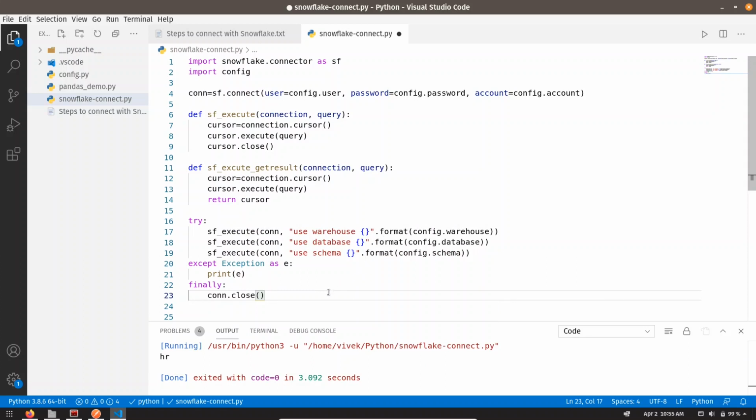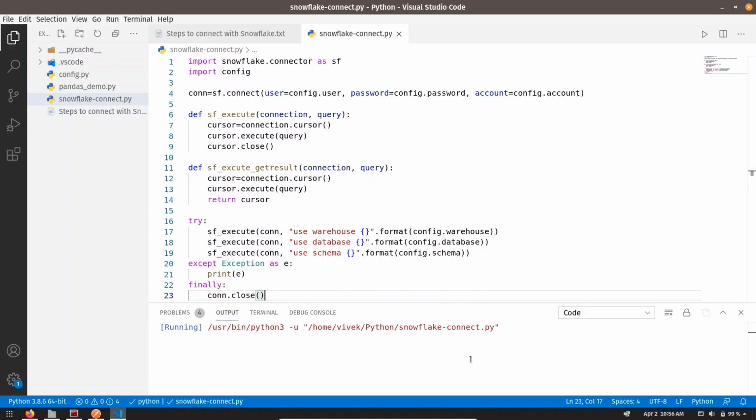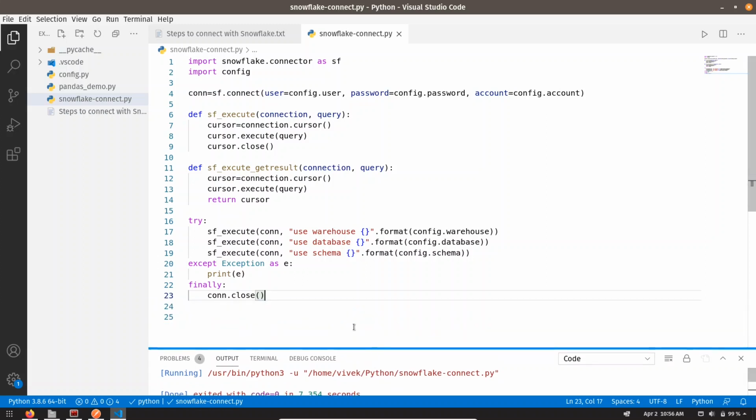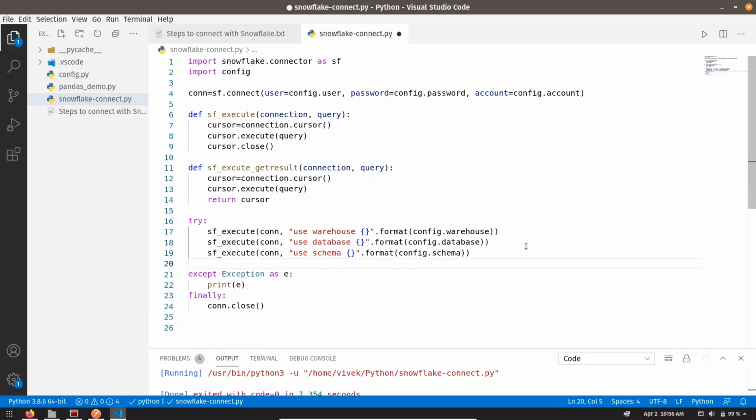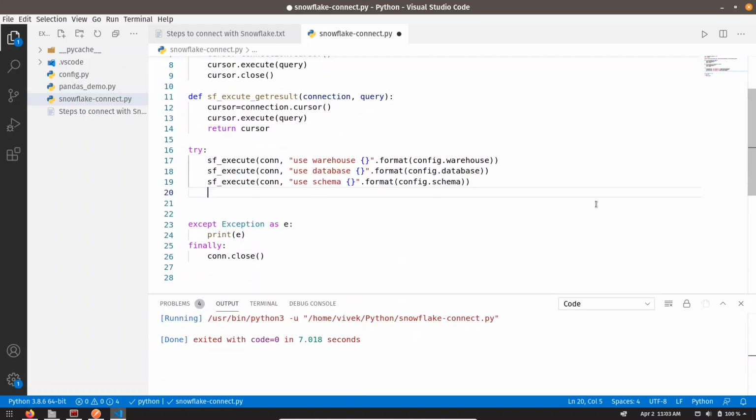Let me run this program first. You can see it is not giving any error, and it is giving exit status as 0. So it means it is successfully able to run the code. Now let me run a query. Now let's create a table.